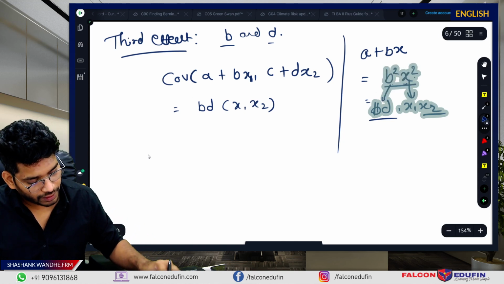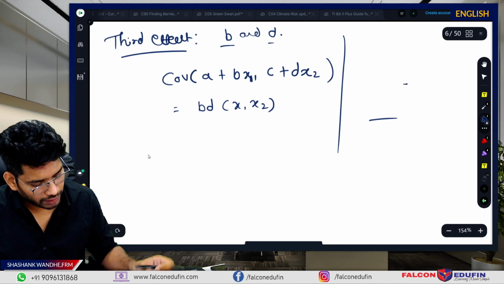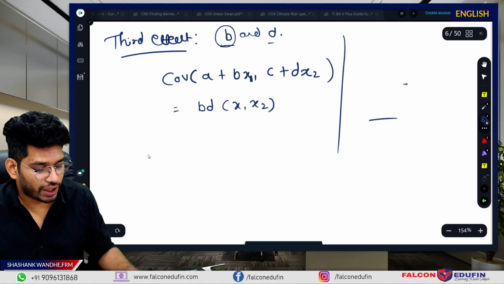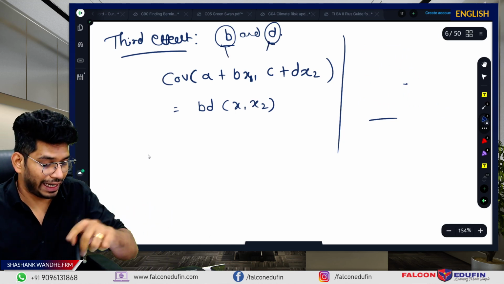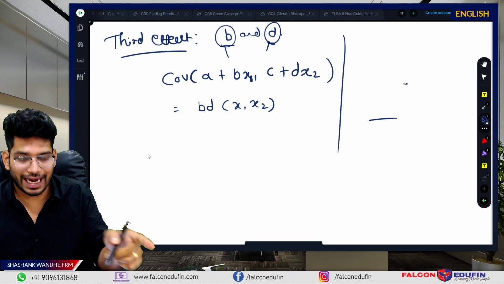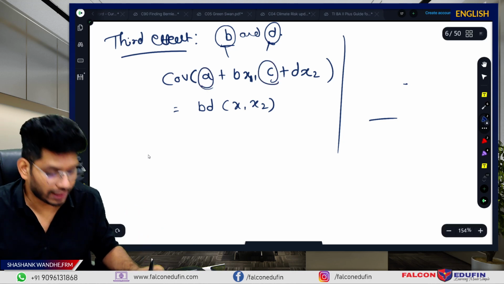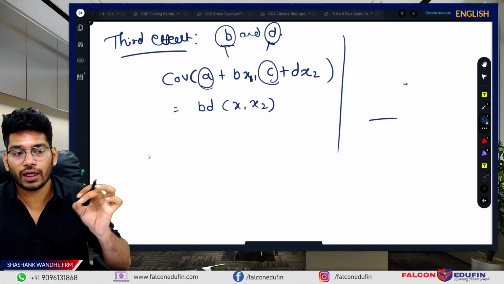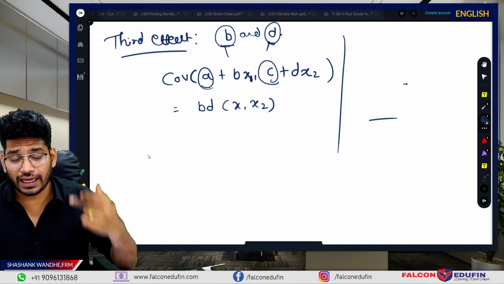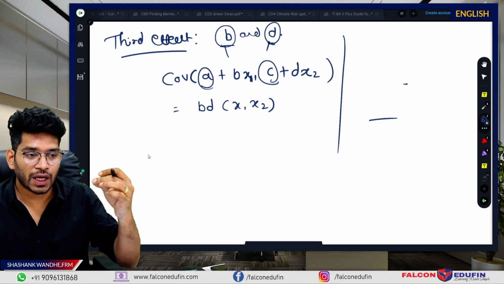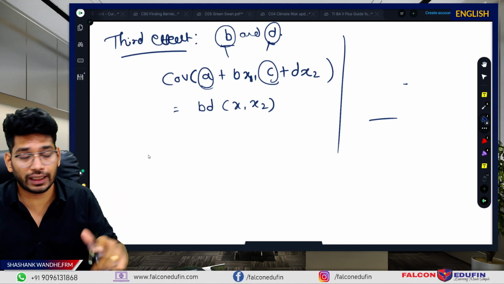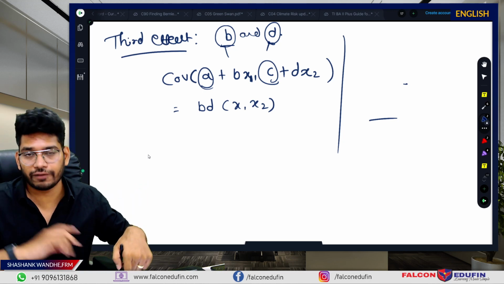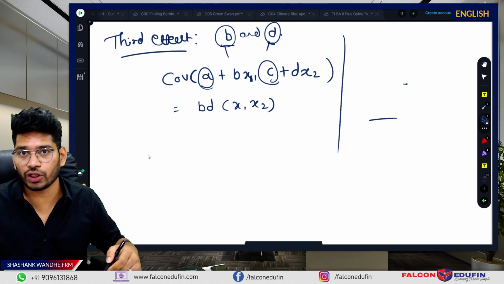That's it. And again, remember, b and d are the scale parameters, and a and c, the location parameters, have no effect on the covariance as well as the variance. Remember this in the theory format. A location parameter has no effect on the variance or covariance, not here in multivariate, nor in the common univariate.